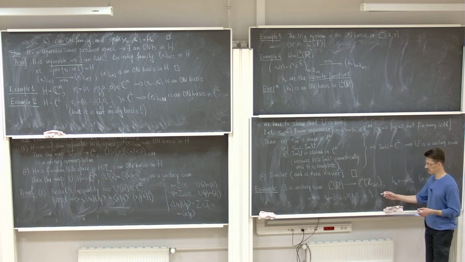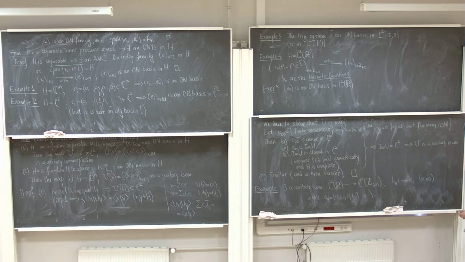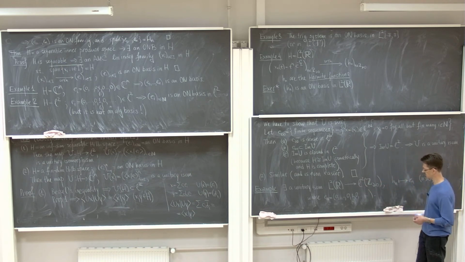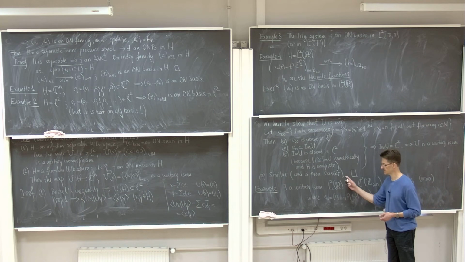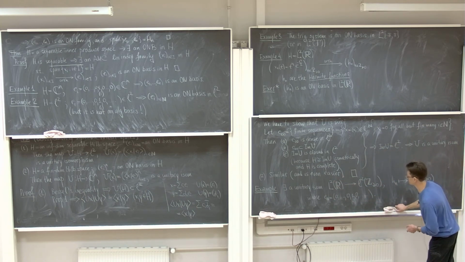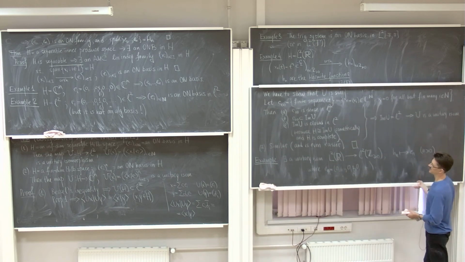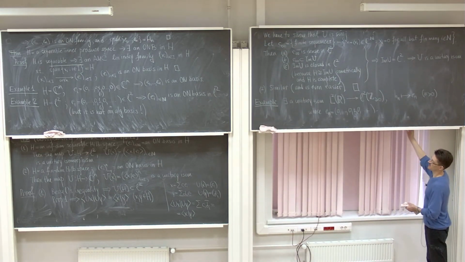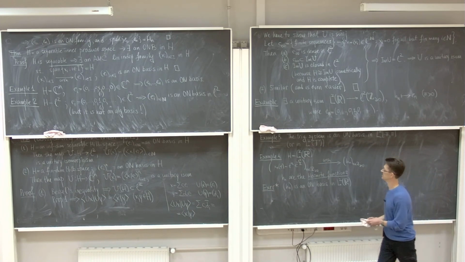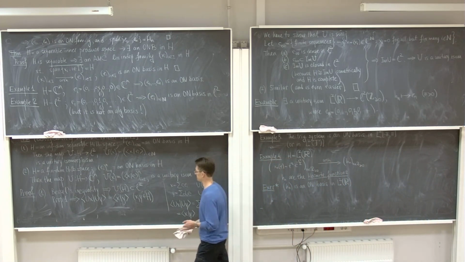And by the way, this example has a deep physical meaning because it gives us an equivalence between Heisenberg's picture of quantum mechanics, which sits here, and Schrödinger's wave quantum mechanics, which sits here. But this is quite a long story. You can find details in any book on mathematical methods of quantum mechanics.